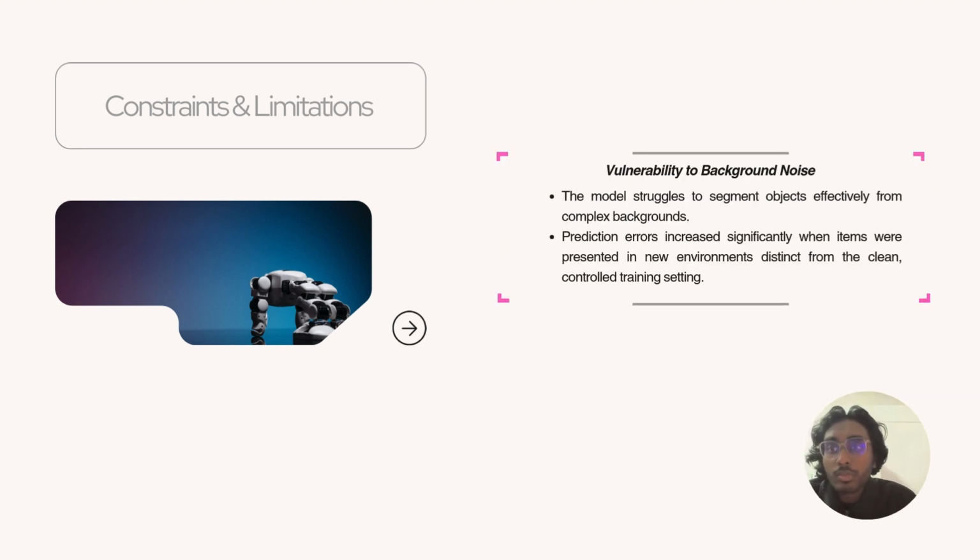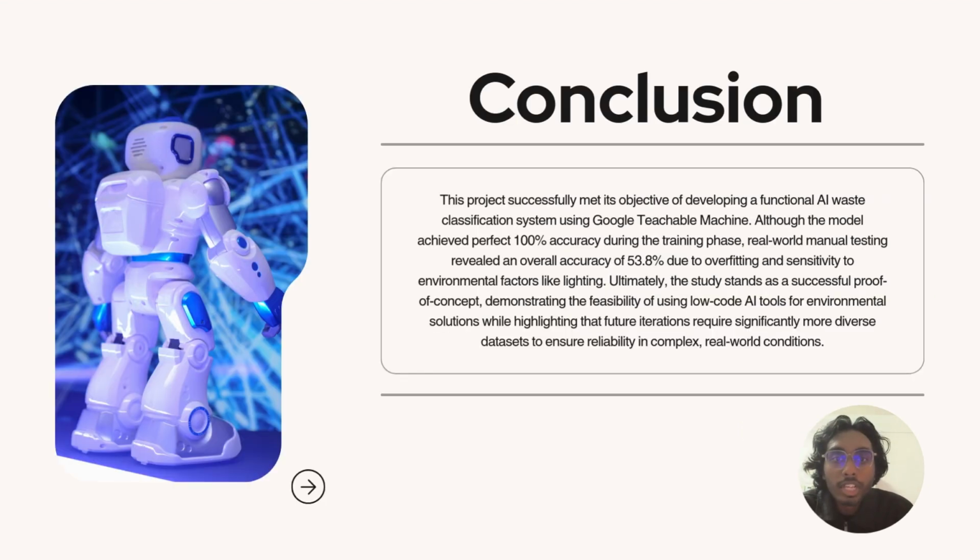Third is vulnerability to background noise. The model struggles to segment objects effectively from complex backgrounds. Prediction errors increased significantly when the items were presented in a new environment distinct from the clean, controlled training data. So now, conclusion. This project successfully met its objective of developing a functional AI-based classification system using Google Teachable